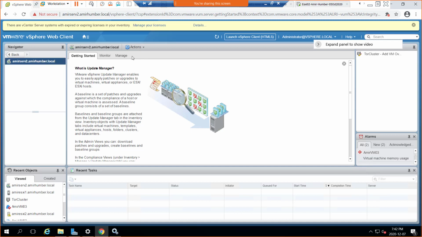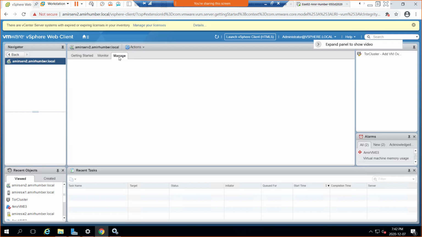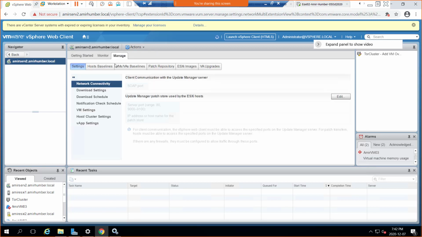Once you select that machine name, you go to Manage on the right side, and now you see the whole dashboard of Update Manager: settings, host baselines, VMs and VAs baselines, patch repository, ESXi images, VA upgrades.